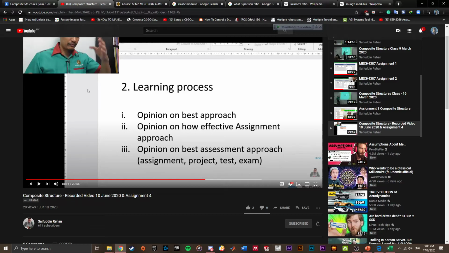Second, opinion on how effective the assignment approach is, I think it is also good